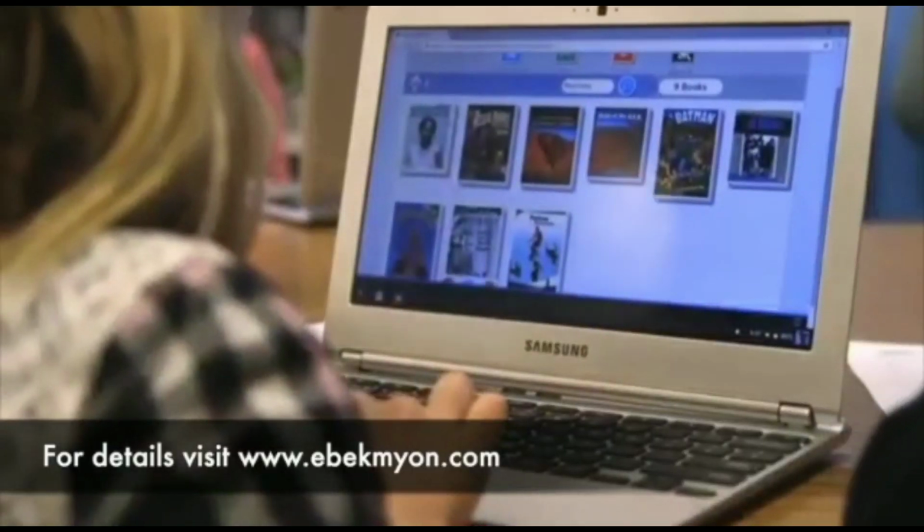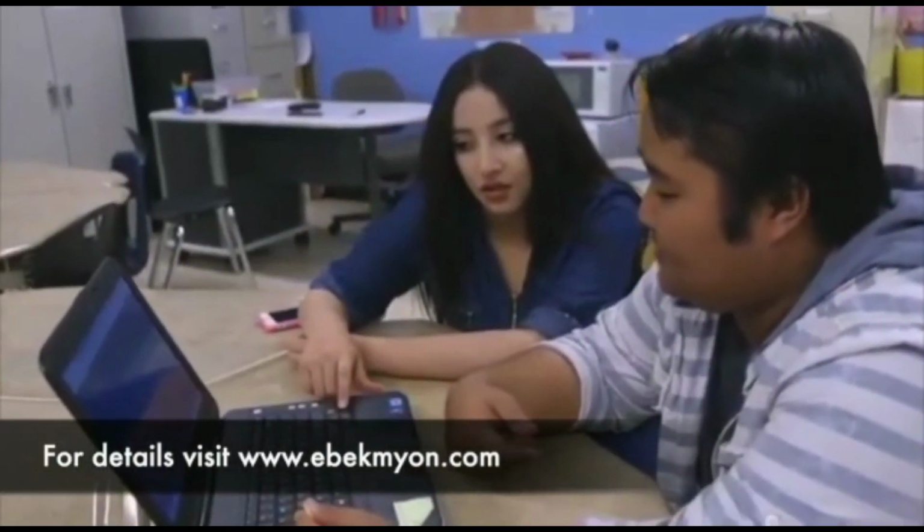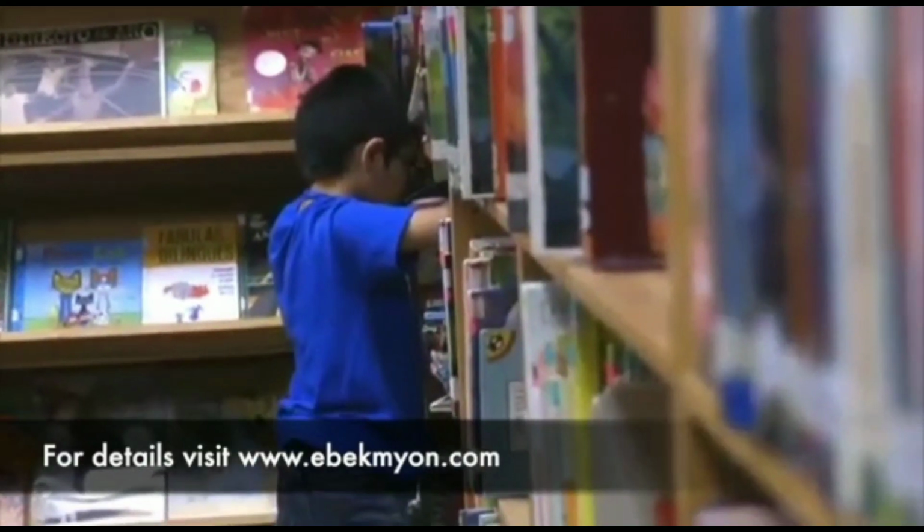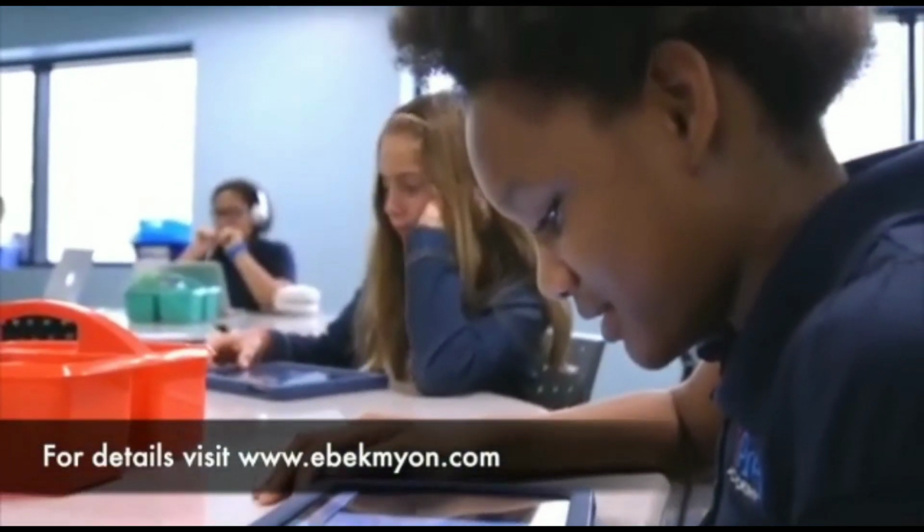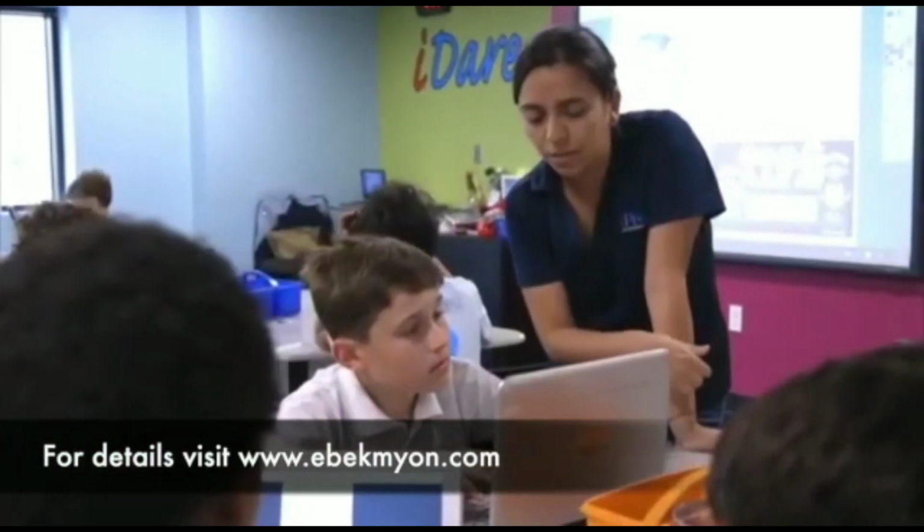The great thing about Myon is that it's for all. It's like a library that I can take home and use every day. Even though we have a library, it's not necessarily set up to meet the reading level of every single child. It's the personalized literacy component that's been a game changer since day one.